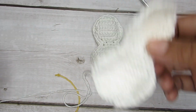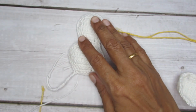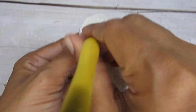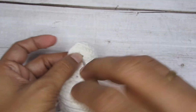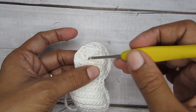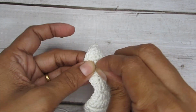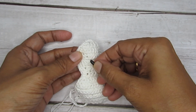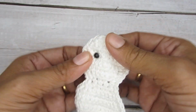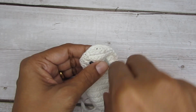So you can use any one piece. I think you go with the one that is still attached to the yarn. First we will add the eyes, then we will add the nose. I'm just going to poke my hook into the place where I want my eyes to be. So this is like 1, 2, 3, 4. Okay, 4th row from the top I am just putting one of my safety eyes. So this is a 4 mm safety eye. If you want, you can use a 5 mm also. So I'm just using a 4 mm for this. Okay, so just push this in, count 4 stitches, 1, 2, 3, 4,